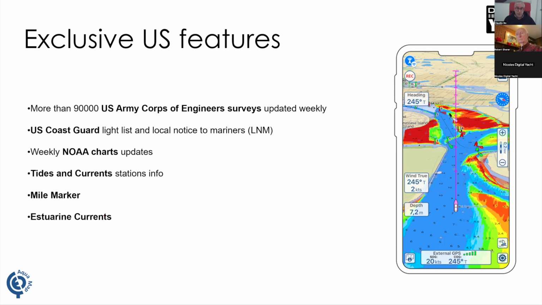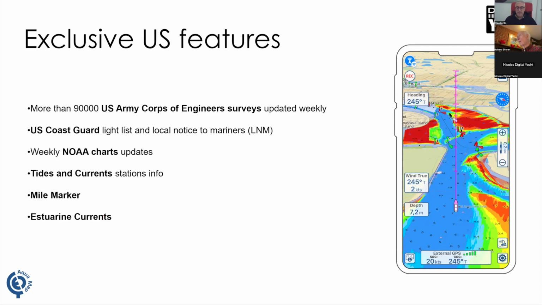Both of the data sets that we explained above are updated: the Army Corps of Engineers weekly and the US Coast Guard data daily. Then, as already said, we update the NOAA chart weekly. We have a quite interesting database of tidal and current stations. We have a special mile marker functionality that allows you to search any mile marker along the inland waters